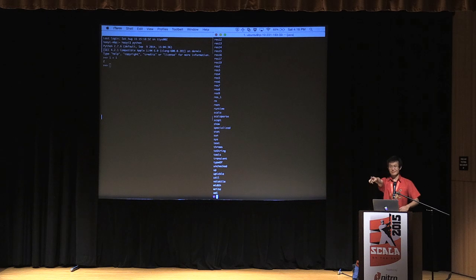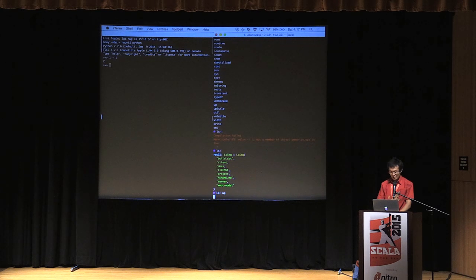Questions? So this is great as a replacement for Bash as an interactive shell. But the other thing that we use Bash for all the time in our house, as you mentioned, is Bash scripts. So does Ammonite have a way to load code and fire off Ammonite scripts? Yeah, it does. So let me show you.